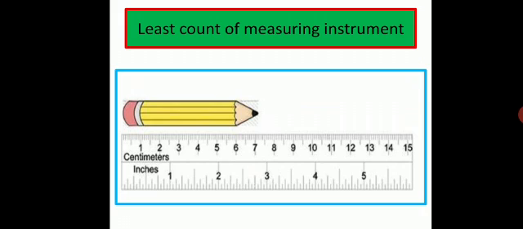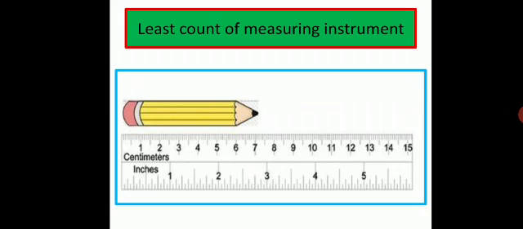After it is so, you can say it may have 7.5 centimeter or 7.6 centimeter. This reading has only one decimal after it. Thus, you can say a meter rule or meter scale can be used to measure length correct only up to 1 mm. That is one decimal place of a centimeter. I hope you are understanding this.